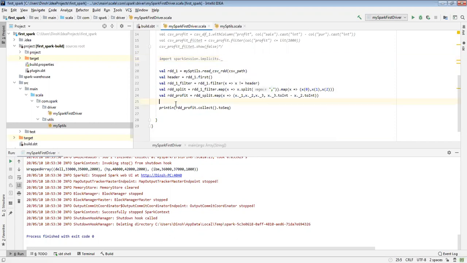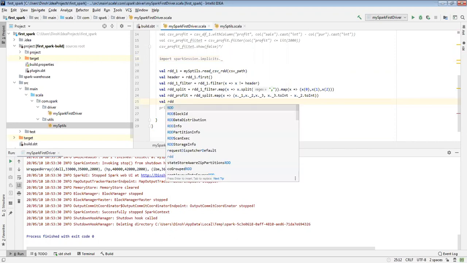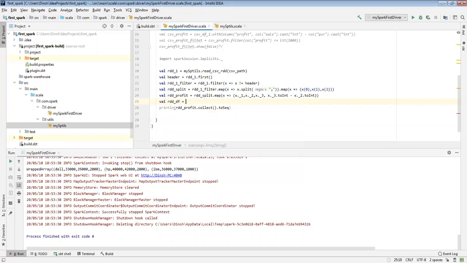Okay. So now the filter I will show you. I'll filter and show you, then I'll convert. Whatever filter I did in the data frame, greater than 1000, that filter I will do. First I will convert that RDD to DF.